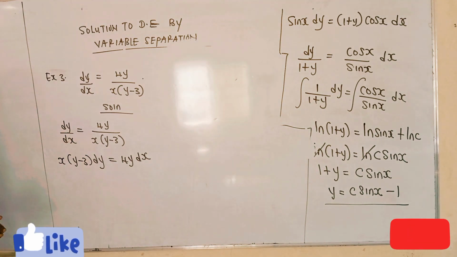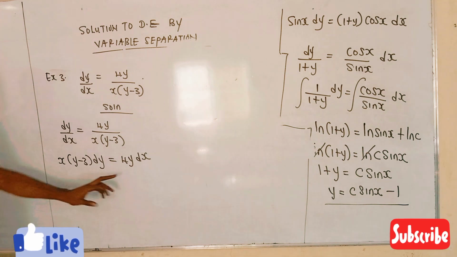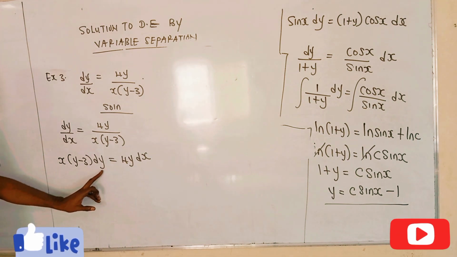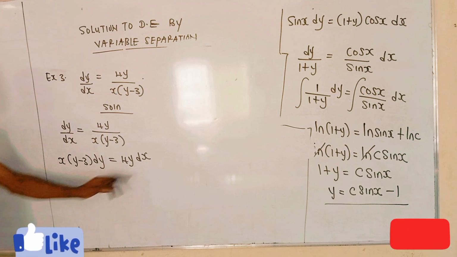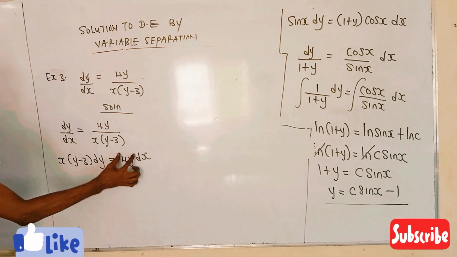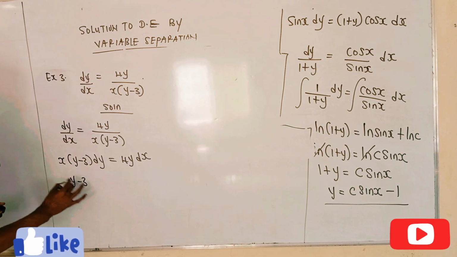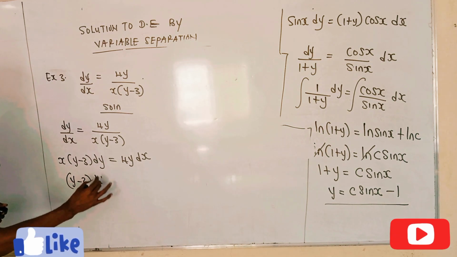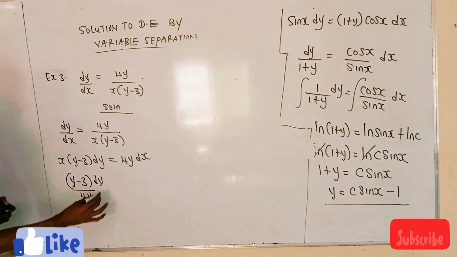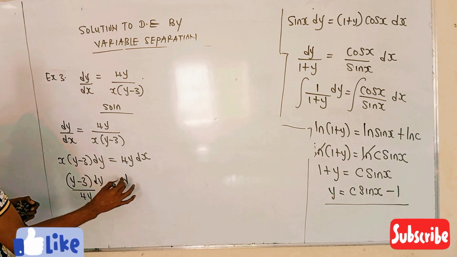Now we are going to separate the variables. 4y will come under here, then x will go under here. So taking out 4y and bringing it under here, we have y minus 3 dy over 4y,